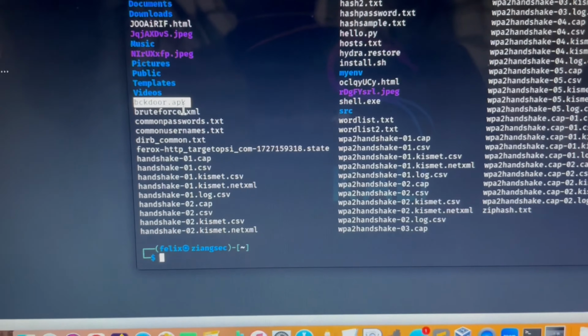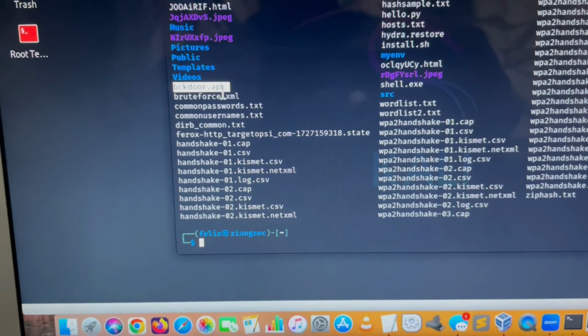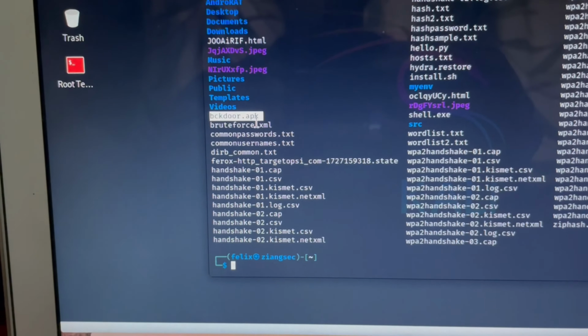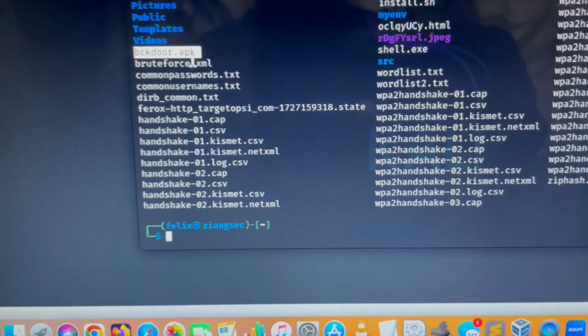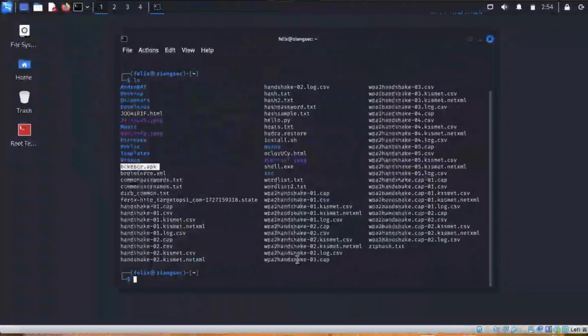Now, on the hacker's computer, he can run the MSF console so that he can start listening. In order for him to listen to the communication from the Android phone, you can do sudo msfconsole.